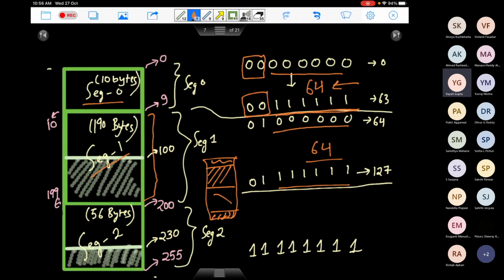So what should be the segment size in this particular case? Let's say I had this picture and I realized that if we use these last 6 bits, not for segment number, sorry, for segment size, for addressing a particular segment's address space, that is not enough, because this particular segment is of size 190 bytes. So it makes sense that we can increase the size of our segment.